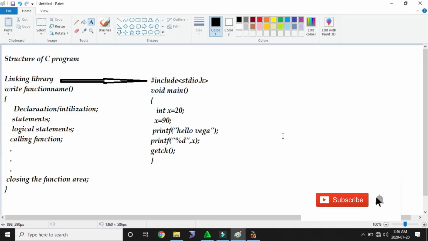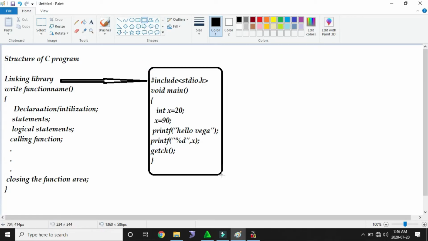Okay, sure. So here for this program we provide input. For this program we provided some inputs. So what are the inputs we provided? For example, here I am providing my input as 20.